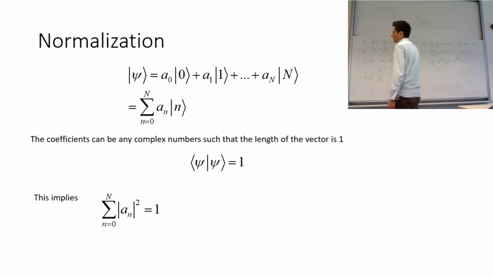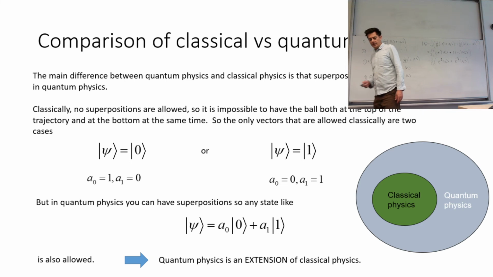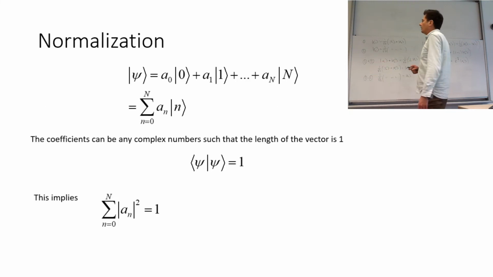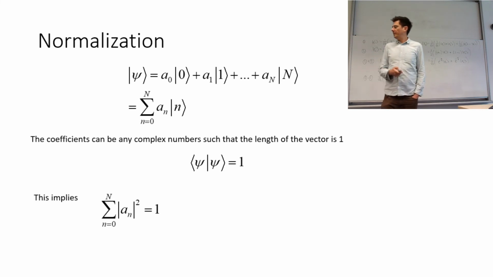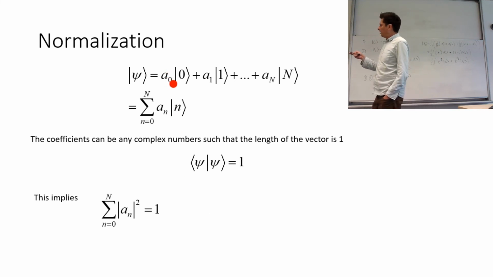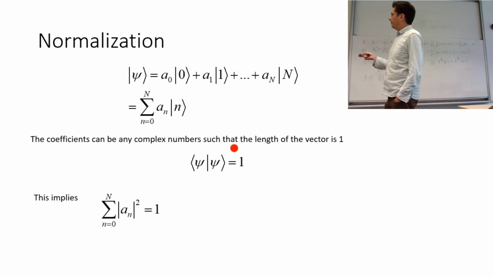One thing which I didn't mention: I said that these numbers could be anything. Actually, they can't quite be anything, and it might be considered a convention of sorts, but the numbers that we take here are usually such that the wave function, or this vector, is normalized. So when we take the norm of this vector, remember we did that maybe a lecture ago, then it should be equal to 1. And you can see that this implies that these coefficients must add to 1 because